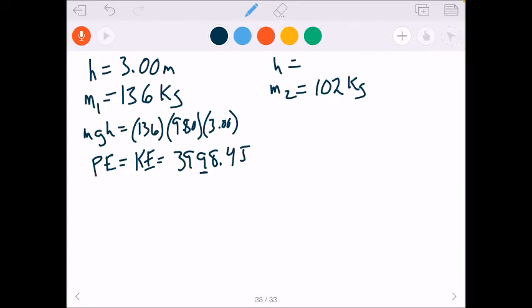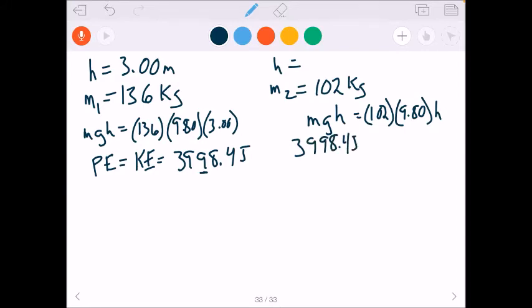Now, I want the second diver to have the same amount of kinetic energy, which means he's going to have the same amount of potential energy. Well, since potential energy is equal to mass times gravity times the height, the mass I know is 102, gravity is 9.8, and so I need to figure out his height. Well, if they are going to have an equal amount of energy at the end of their jump, I can set those two values equal to each other. So in order to solve for height, I have to take the nearly 4,000 joules and divide by the 9.8 and also divide by